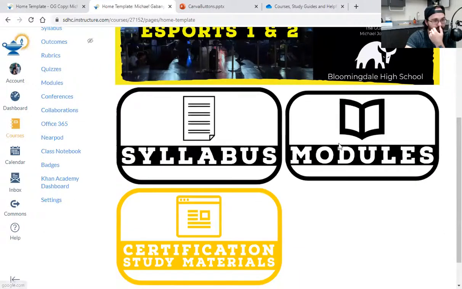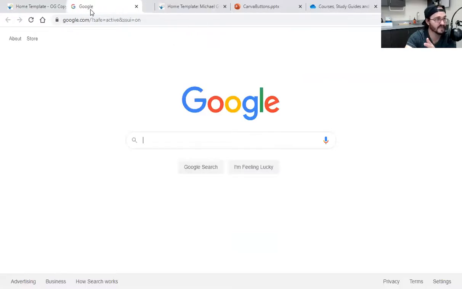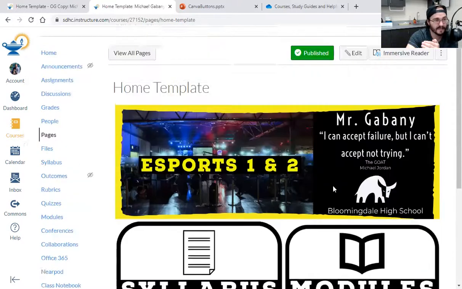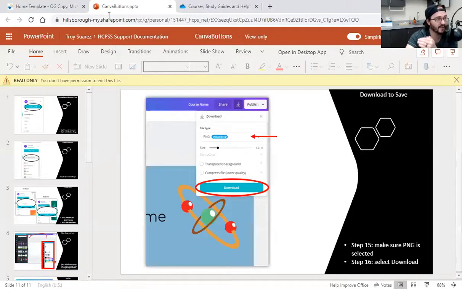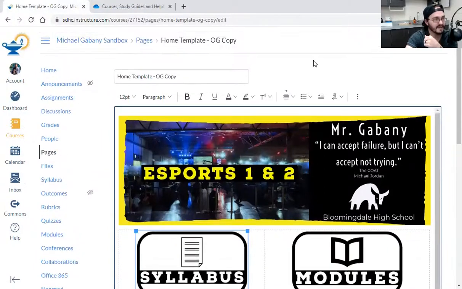So if I click, you'll see that the cursor, the hand, goes over syllabus, and if I click on it, it brings me to whatever I link it. I would say for now, at the moment, don't worry about it. Wait till you get your classes populated, okay? Just don't worry about it. It is not that important at the moment.